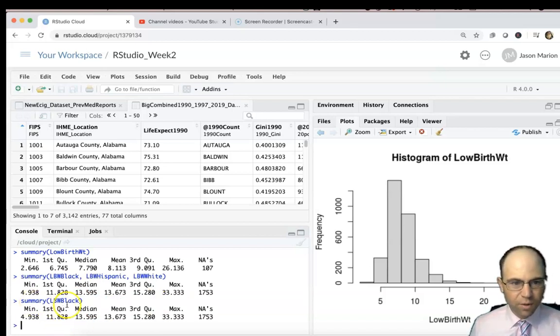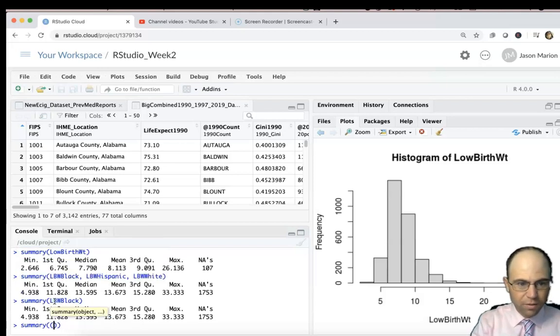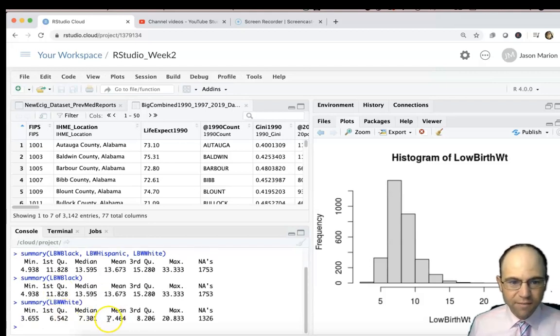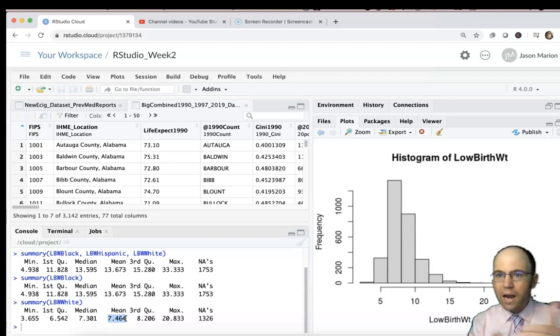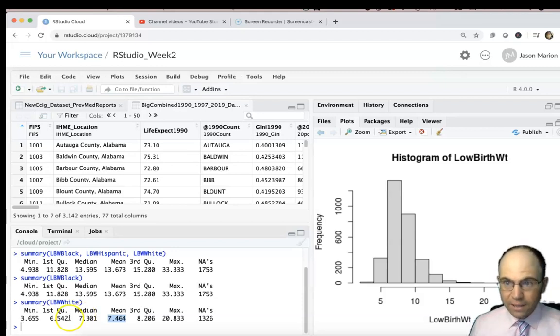Alright, so here's the summary LBW black. The mean percentage is 13.6%, which is a lot higher than 8% for the nation. Then we have the summary we can do for LBW white, which is 7.46. So you might want to compare those two averages. You know, is there a difference? Visually, it looks like there's a very apparent difference to you and me, I would imagine. I mean, it's pretty apparent to me, but a stat person might want to say, well, back that up with